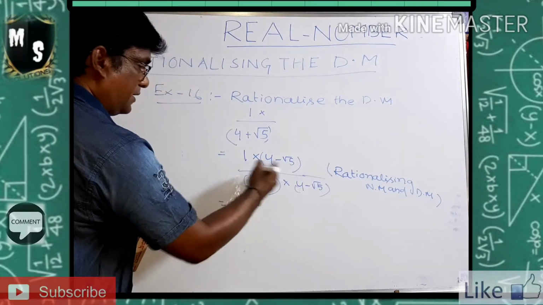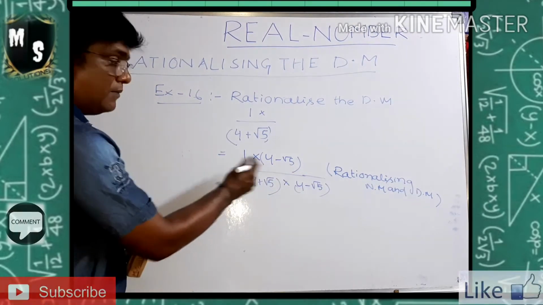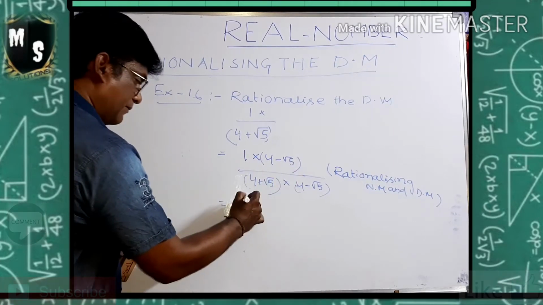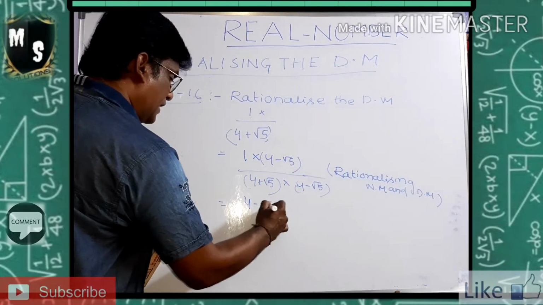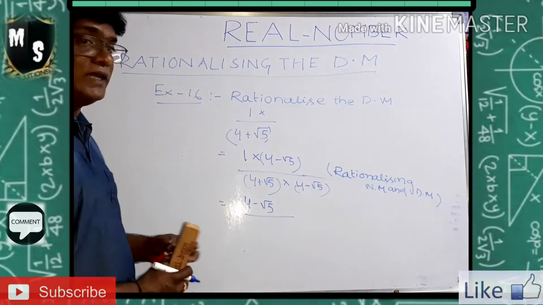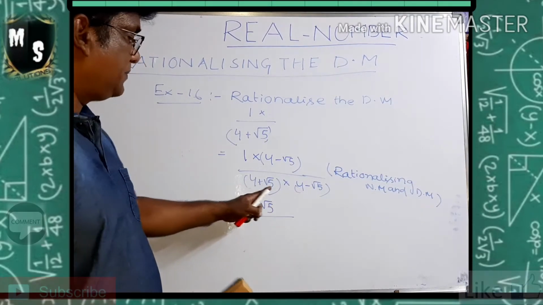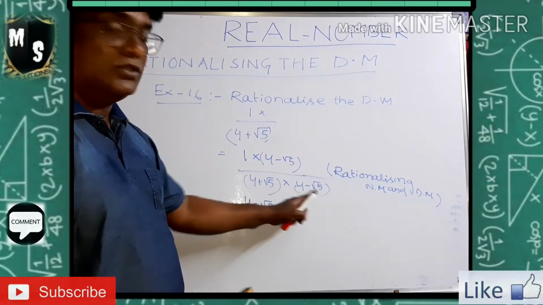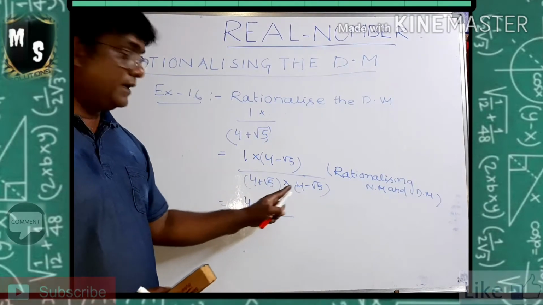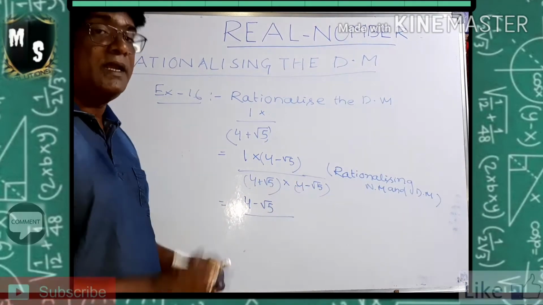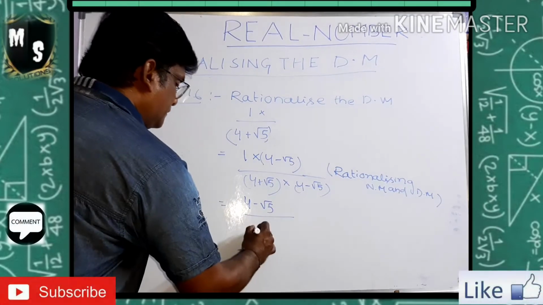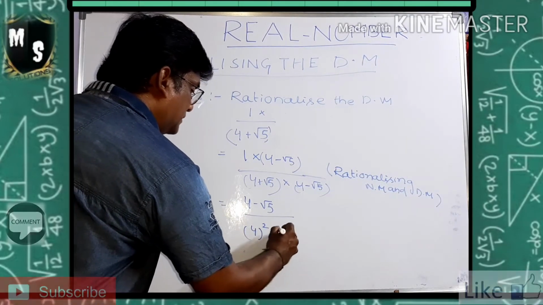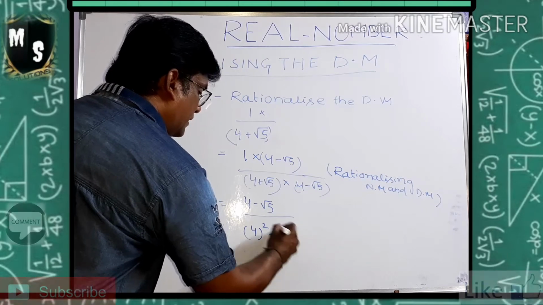Here you have to write this one. Then what is coming? This much into 1, 4 minus root 5 into 1, same, 4 minus root 5. Then I said some formulas before. A plus B into A minus B, because my A is common, my B is common. So it is under A plus B into A minus B. What is the formula? A square minus B square.